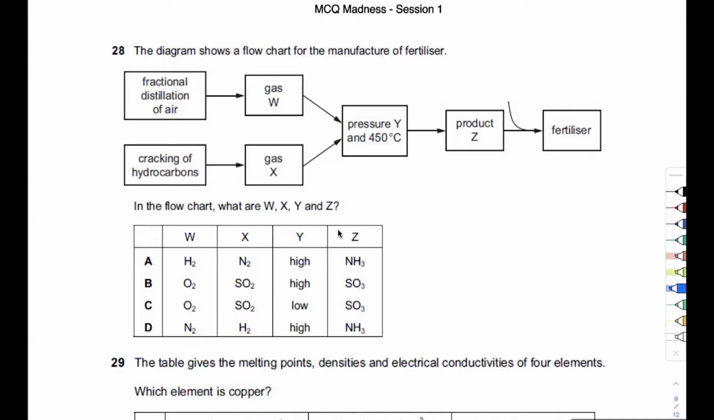Okay. The diagram shows a flow chart of the manufacturing of fertilizer. So what are we doing here? Fertilizers are sulfates and nitrates, most likely. Okay, so what's happening here? We get